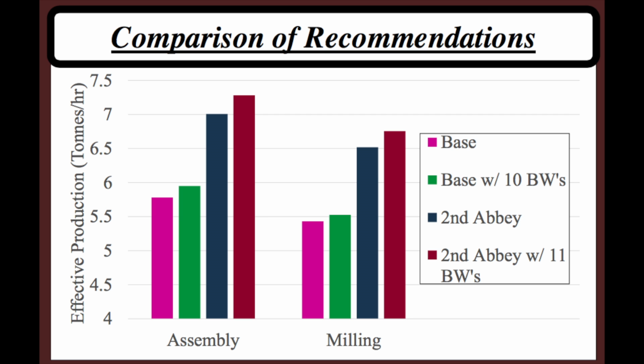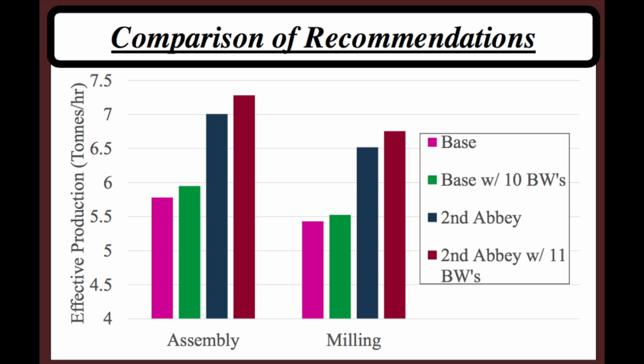In our next bar, we see the implementation of a second Abbey, or third milling line. This increases productivity immensely. It is roughly a 16% increase in productivity. For the recommendation, we look at the implementation of adding more big wheels as well as after,